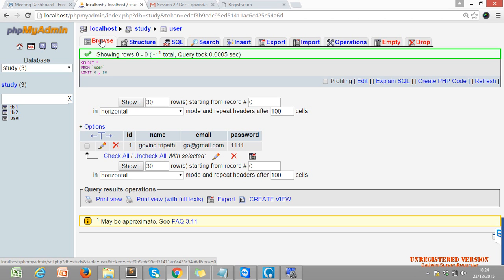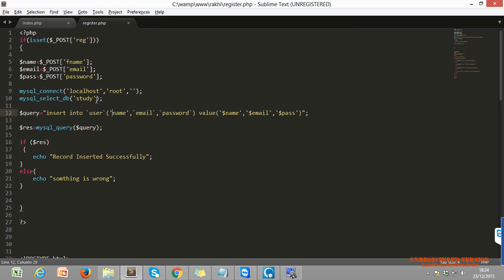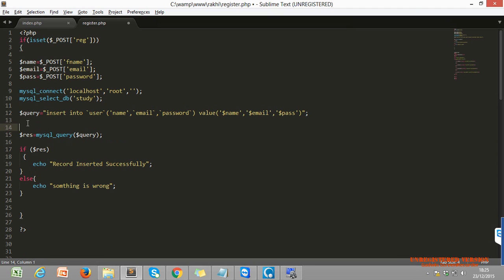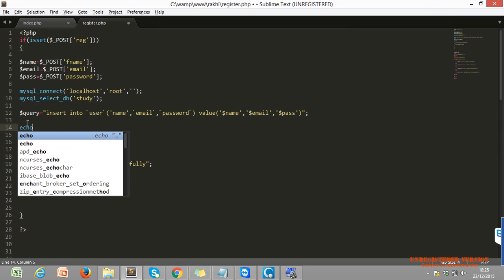Now, how would you know your query is not correct? In the present case you have a small query, so you can find out what is wrong. Let me show you the same query. Whenever you get an error or your program is not running properly, try to echo, that is, debug your code.